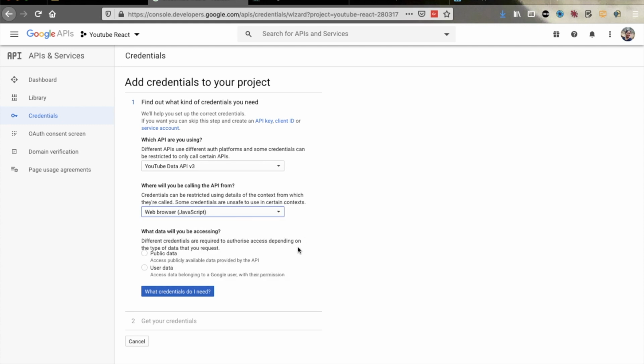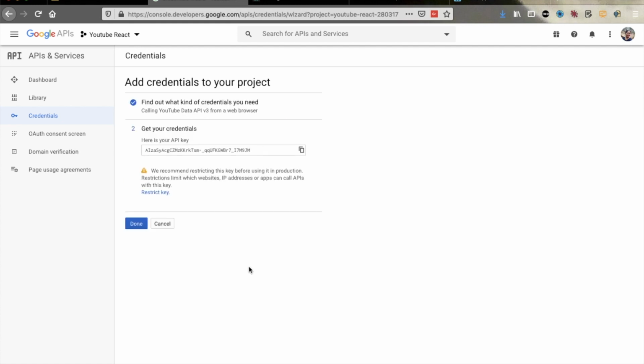Different what credential. This is the new thing, but I will do the public data. Yeah, so it gave me the API key, so I will copy it